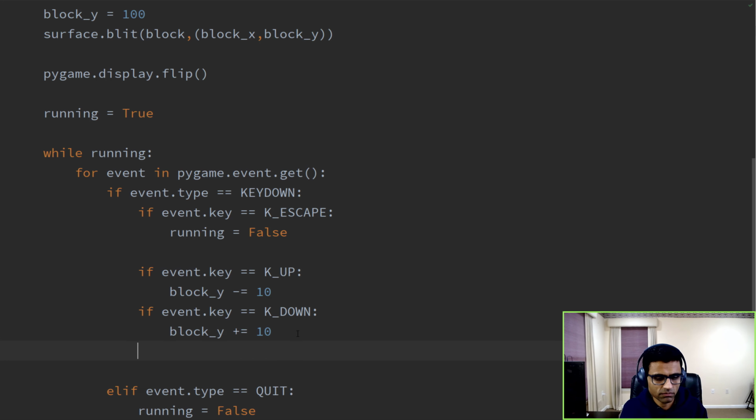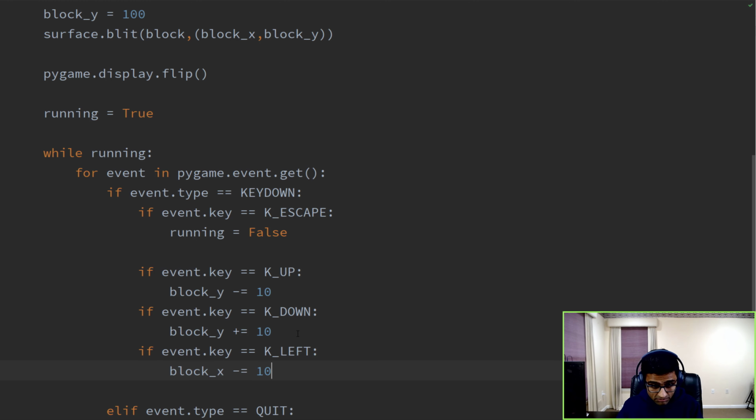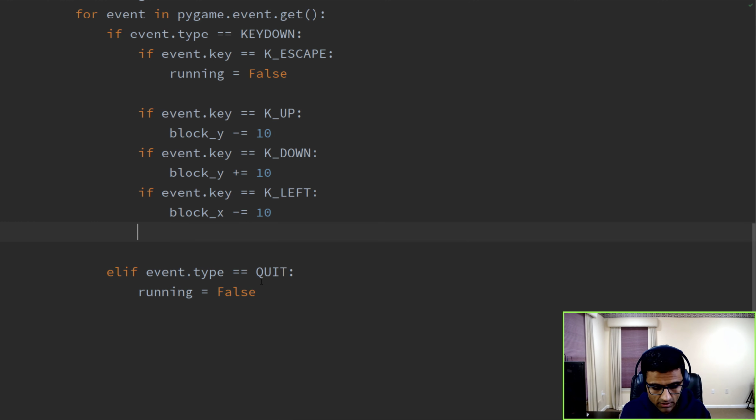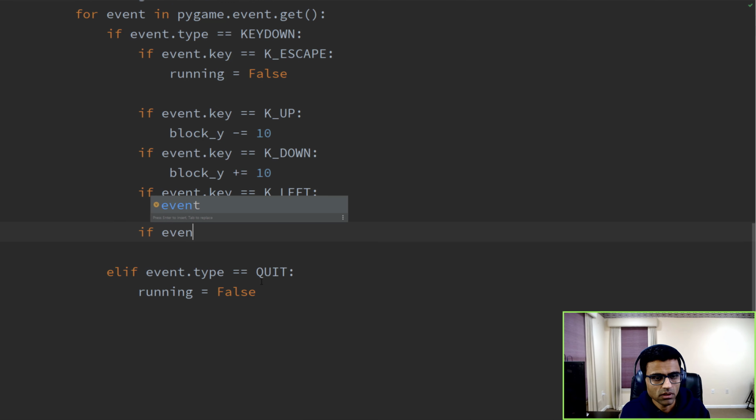And if you have, let's say, left, when you press on a left key, you want to update your X actually. And if your event key is